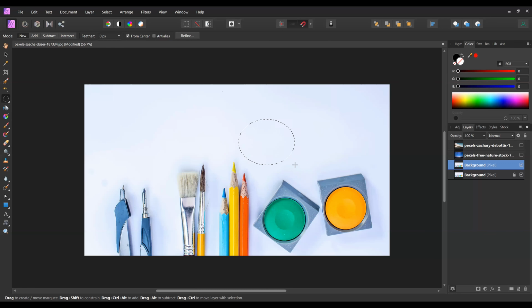I leave this here, but it has again become elliptical because I left the shift earlier. Now I'll again press Ctrl plus D to deselect it. Now I'll press shift, I'll make a circle, and then without leaving the shift, I leave my mouse. And now we have a proper circle. But I don't need this selection here. I need this selection on this circle.